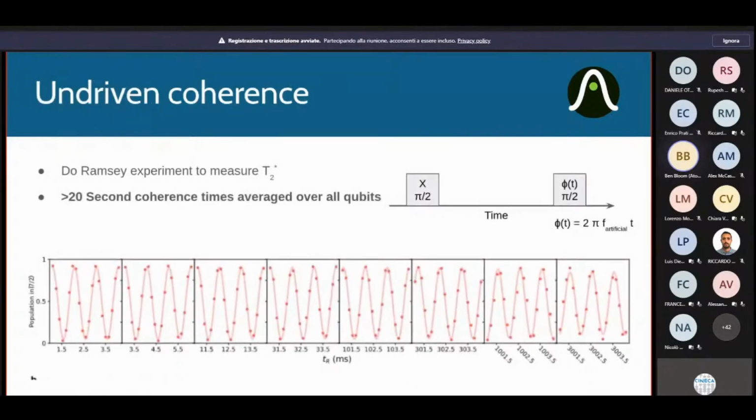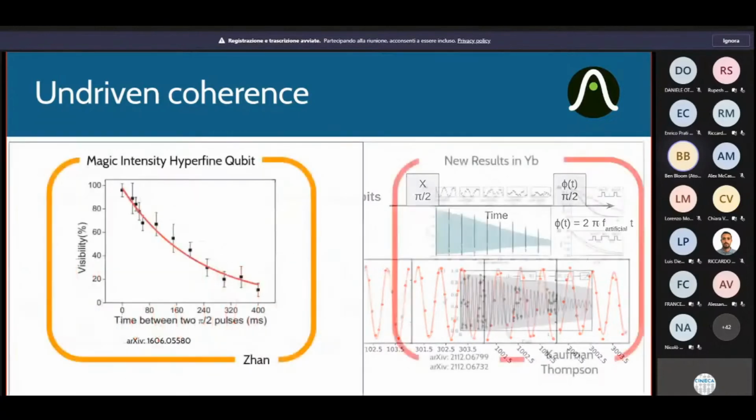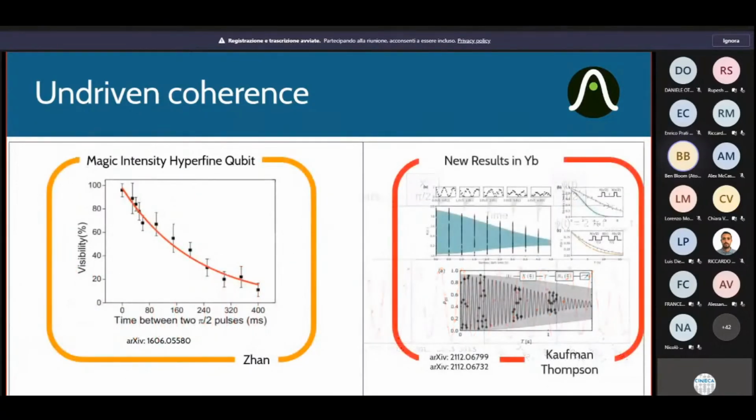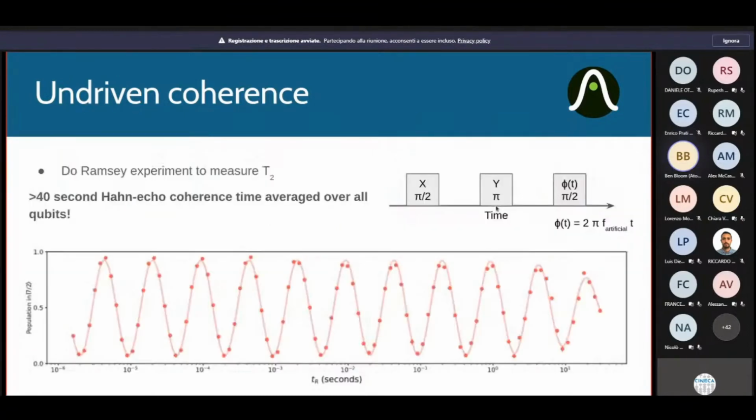Now, of course, if you're interested in how these nuclear spin qubits actually perform, well, you can start to perform Ramsey measurements. You can see that at 1 millisecond, they're performing the same as at 1,000 milliseconds. You can start to see some decay at 3 seconds. Recent work has shown that you can get this in ytterbium as well at a few second level. If you perform an echo, you can push this out to about 40 seconds. So each qubit now has a greater than 40 seconds coherence time.